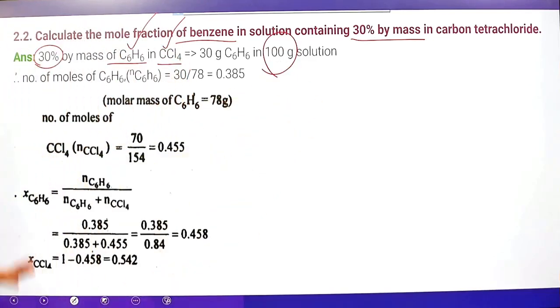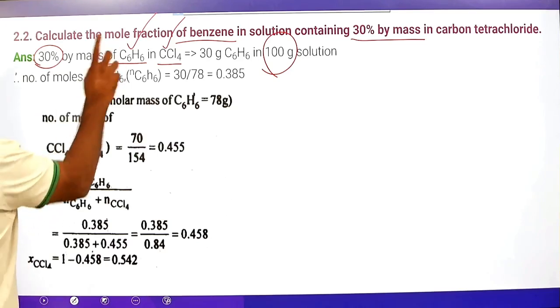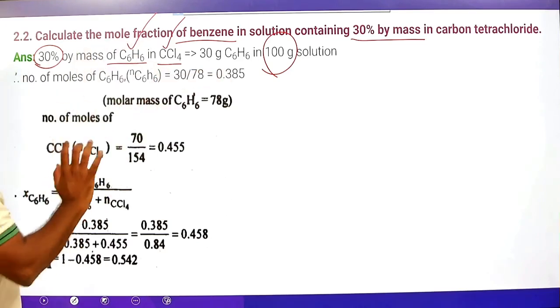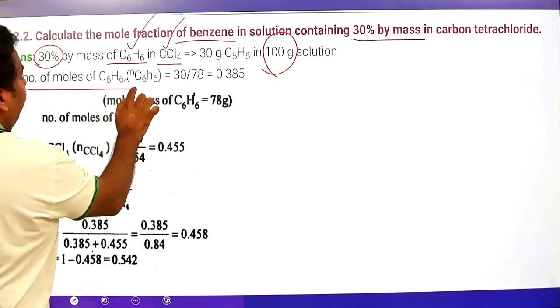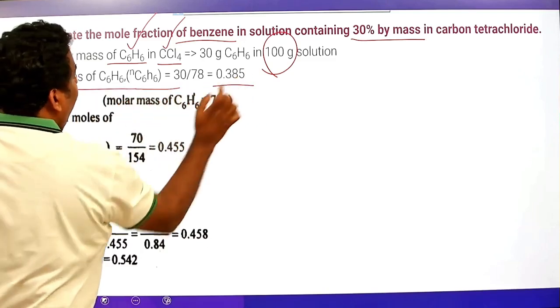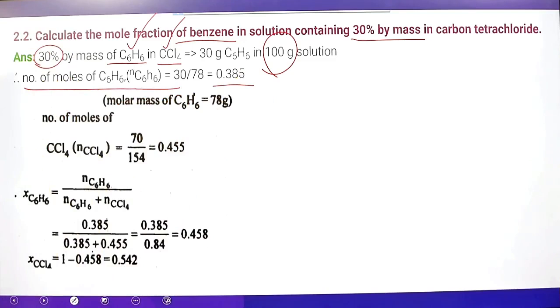So, 70 grams will be CCl4, 30 grams will be benzene. Everyone makes mistakes in that assumption. You should take an assumption. Since it is 30%, you have to take the other as 70%. So number of moles of C6H6 is 0.385, benzene. And number of moles of carbon tetrachloride will be